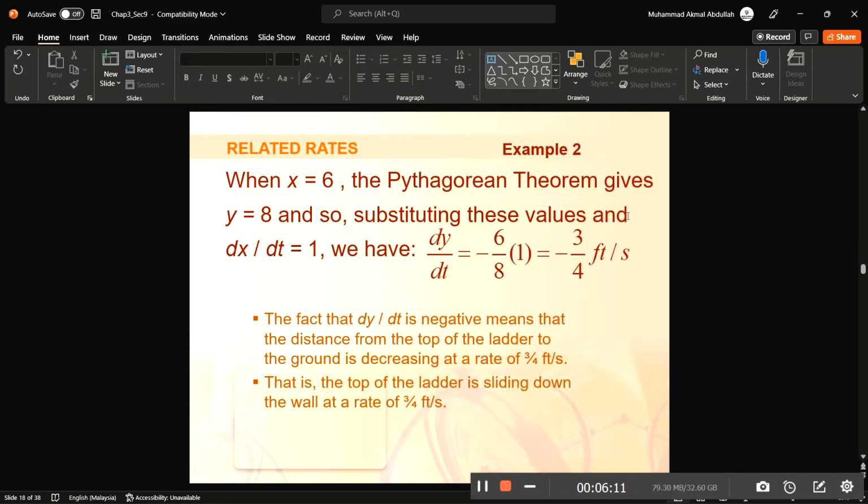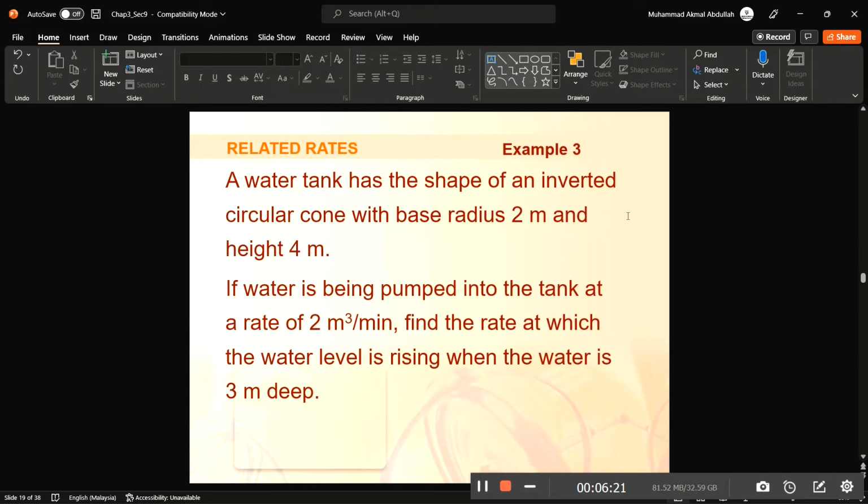In fact, that dy over dt is negative means that the distance from the top of the ladder to the ground is decreasing at a rate of 3 over 4 feet per second. After that,